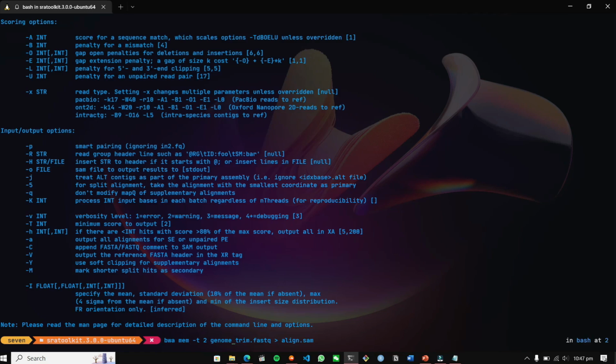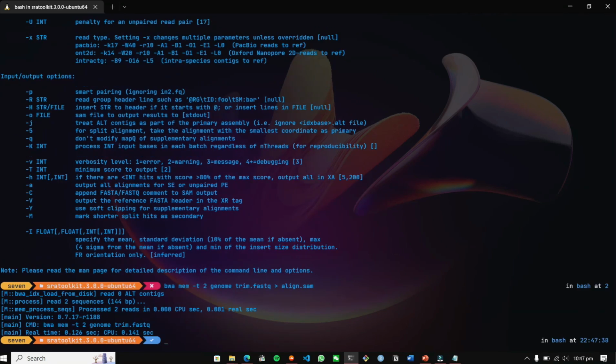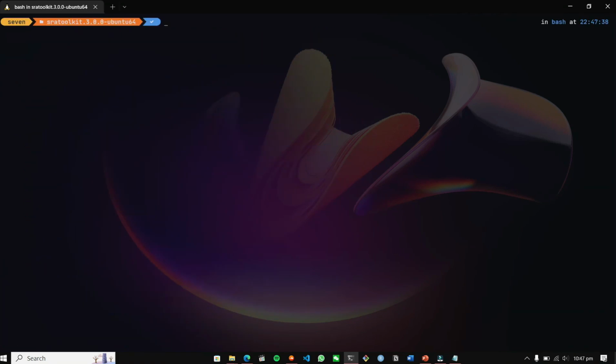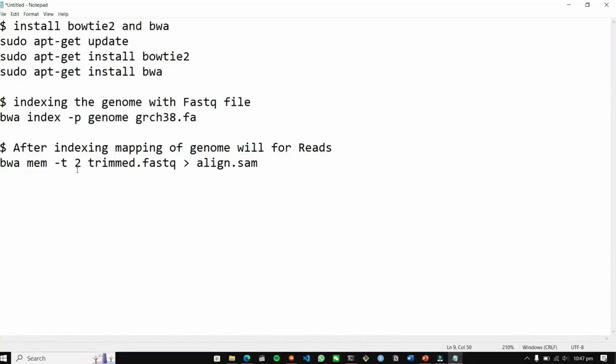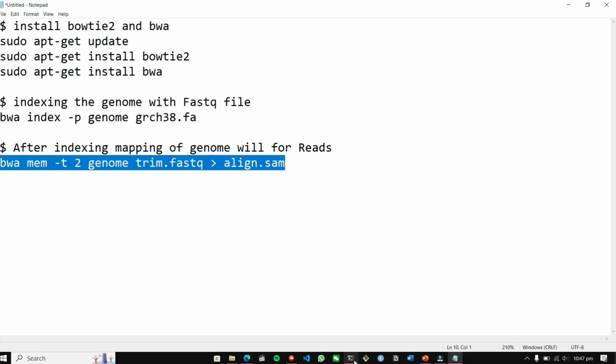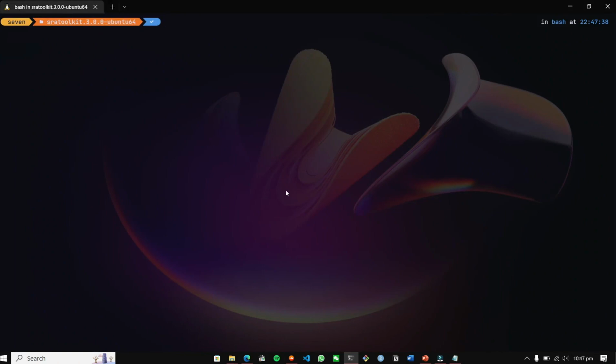So you can just see how it created the SAM file, align.sam. I think that was the name of the file. Let's just see if there is any .sam file that is created. Yep, align.sam.